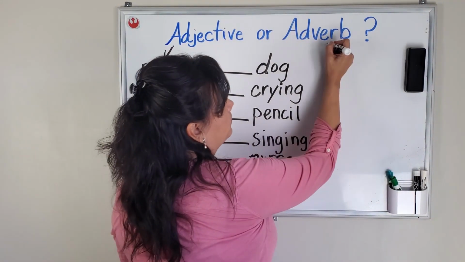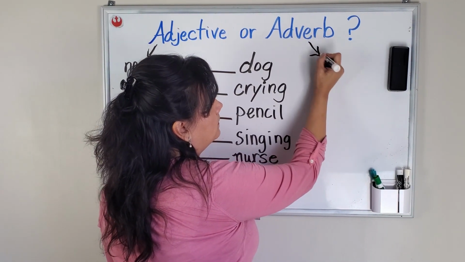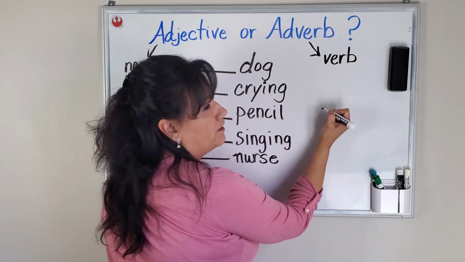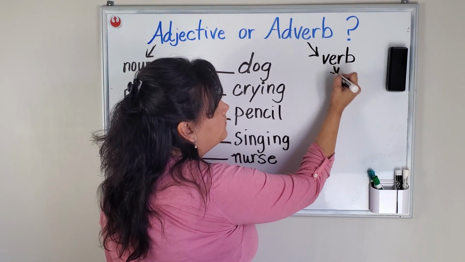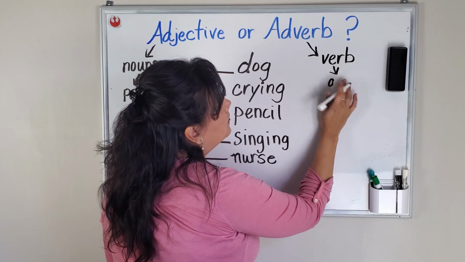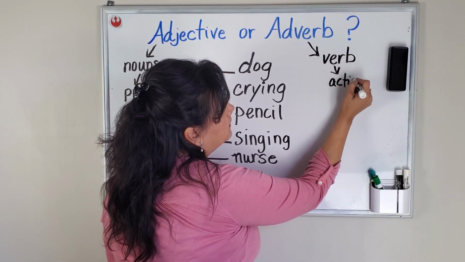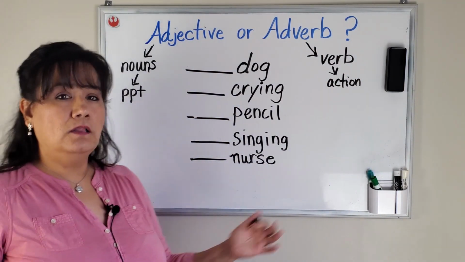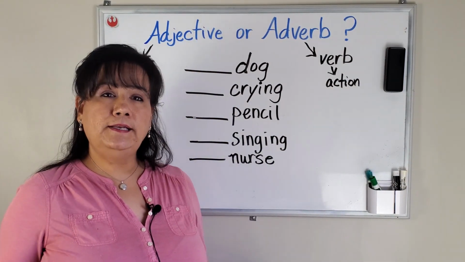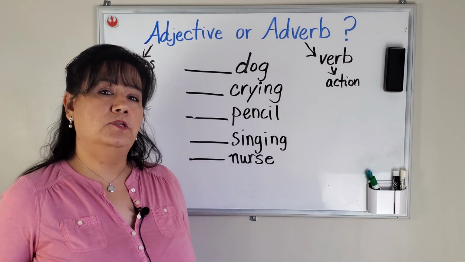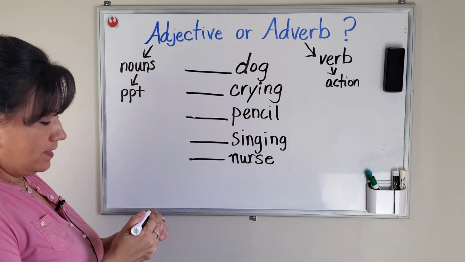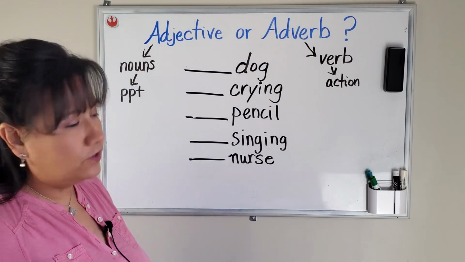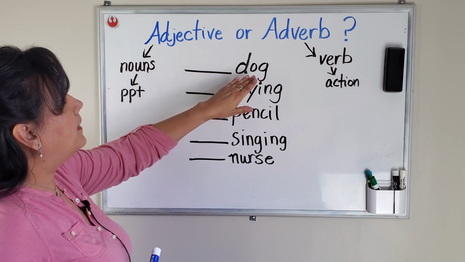Then we have adverb, and let's stop to think. An adverb describes a verb. And what is a verb? It shows action. It is a word that shows action. And of course, all of this is all about words, all about reading and writing and knowing how to communicate better. Okay? So now that we did some thinking, let's go ahead and either add the word that describes the dog, whether it's adverb or adjective,